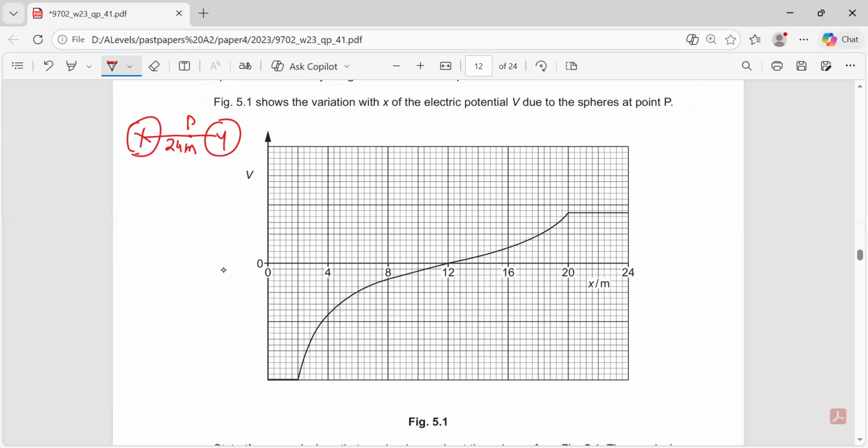Yes guys, what can you infer कि ये जो ग्राफ आपके सामने शो हो रहा है, will this be a graph for between two like charges or two unlike charges? Unlike. Yes, it will be between two unlike charges, because we know कि जो पहला वाला आपके पास ग्राफ हो रहा है ये किसी भी ऐसी चार्ज बॉडी का है जिसके ऊपर चार्ज क्या होगा, नेगेटिव, because it is in the negative axis. और ये वाला जो ग्राफ आपके पास नॉर्मली बन रहा है वो किसी भी ऐसी बॉडी का होगा जिसके ऊपर चार्ज क्या होगा, पॉजिटिव। तो हमारे पास X जो है वो नेगेटिवली चार्ज बॉडी है, Y जो है वो पॉजिटिवली चार्ज बॉडी है।